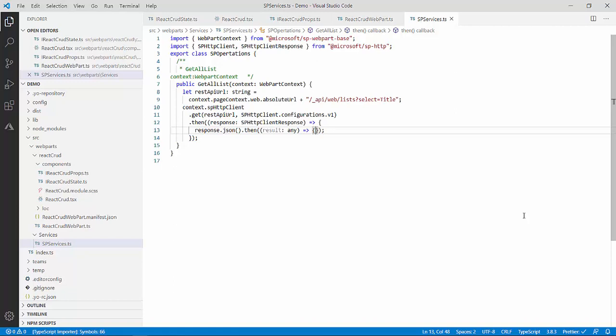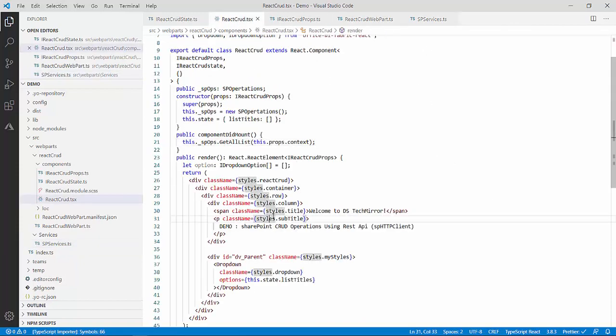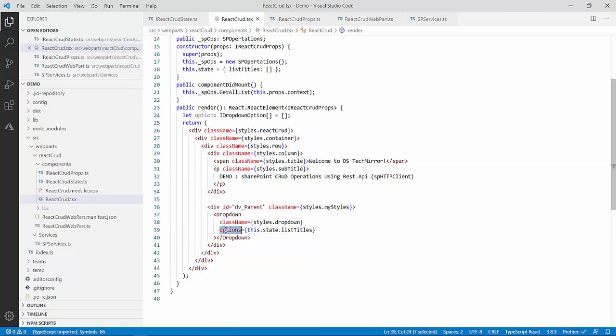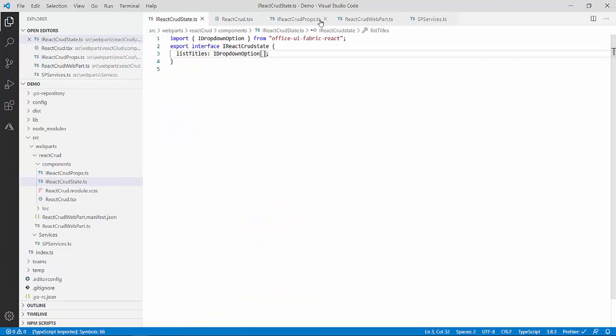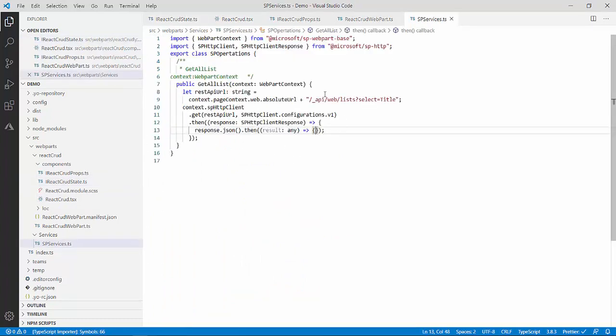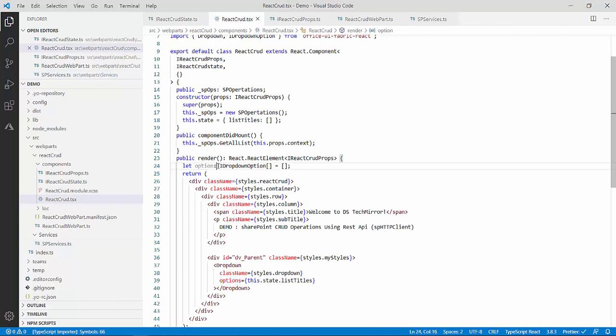So let's move forward. Now I will make some changes in my method. First change I will make over here, if you observe, I told you in my drop down in the form of options. Now what I will do, I will pass an array to it with the list of titles. Now my array should be of type IDropdownOption. So from here my method should return, I will go to my service. My method should return IDropdownOption. Then only in the componentDidMount, where I am calling my method, it will get the IDropdownOptions and I can give it to my drop down.